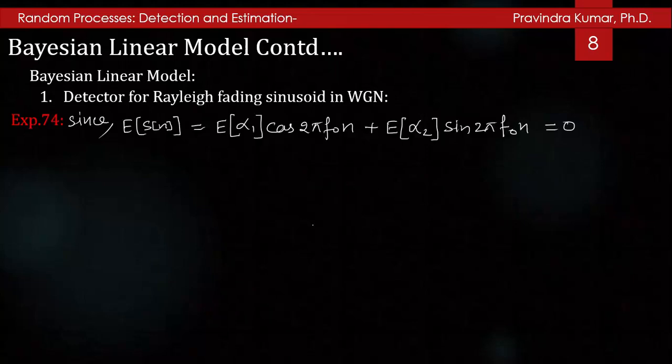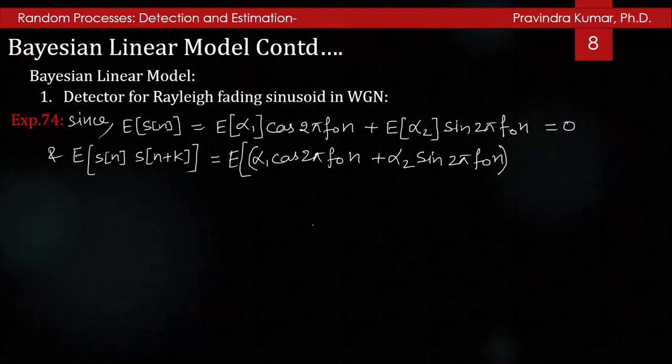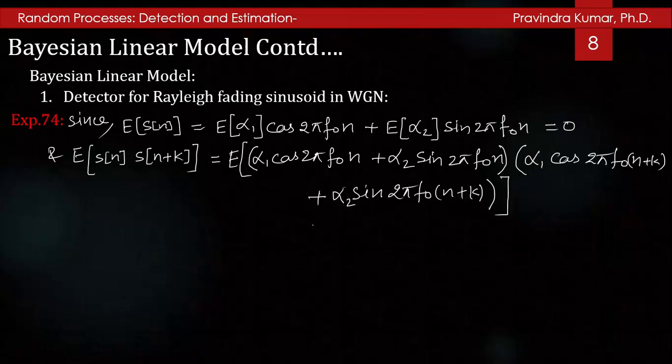Sn is a wide sense stationary Gaussian random process. Since the expected value of Sn is equal to the expected value of alpha 1 cos 2 pi f0 n plus the expected value of alpha 2 sin 2 pi f0 n, which is equal to 0. And the correlation of the signal Sn with Sn plus k means the expected value of alpha 1 cos 2 pi f0 n plus alpha 2 sin 2 pi f0 n, into alpha 1 cos 2 pi f0 (n plus k) plus alpha 2 sin 2 pi f0 (n plus k),